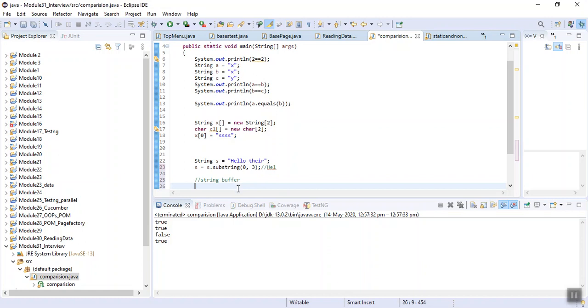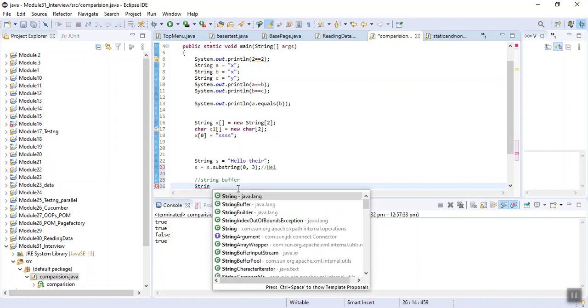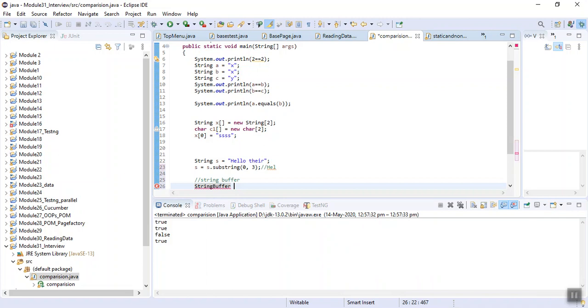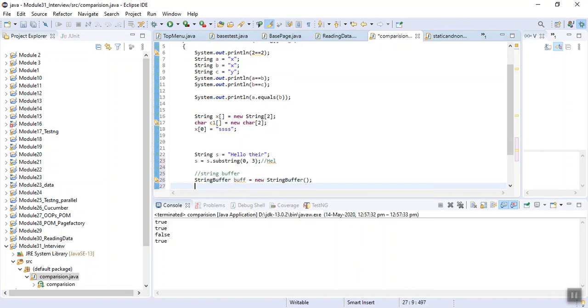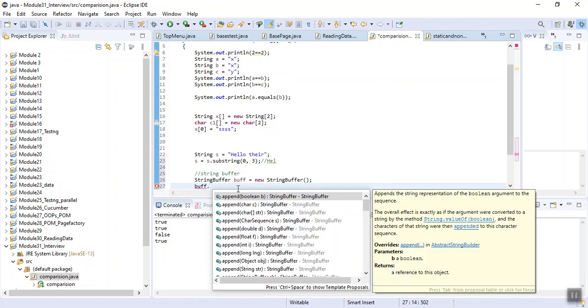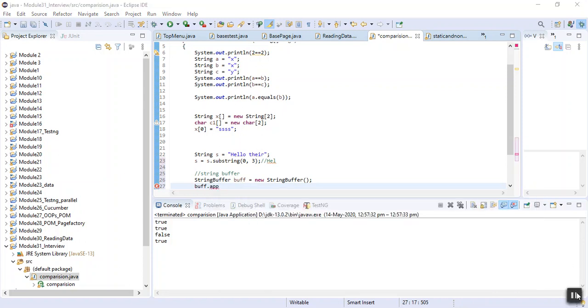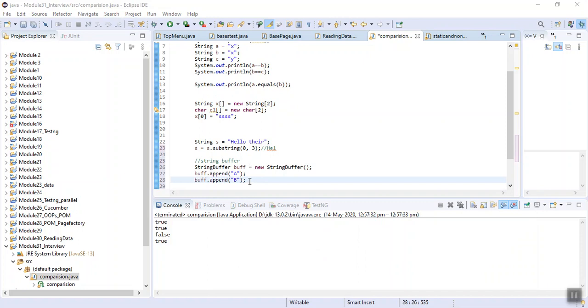StringBuffer does not create a new object. Let me explain to you. StringBuffer. So what I have done, I have called the append function in which I have supplied A and B. Now let's print it out.